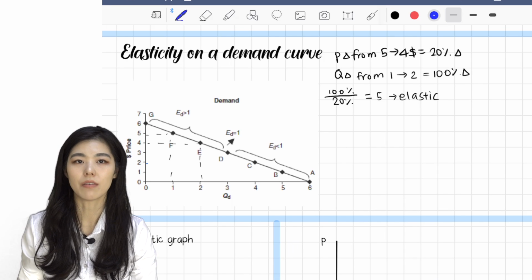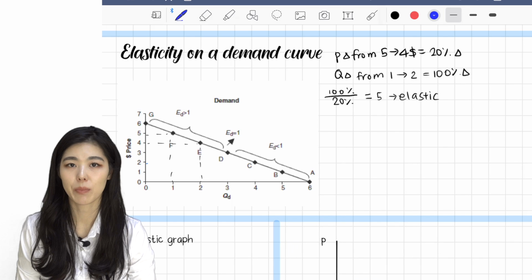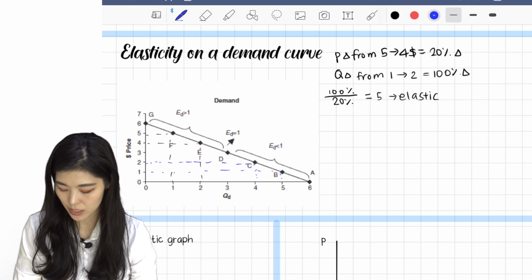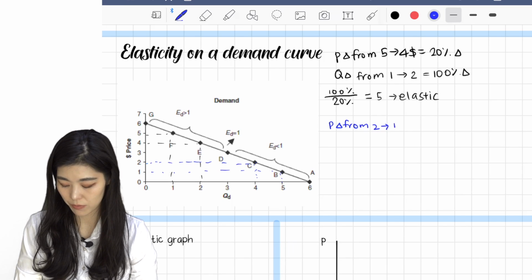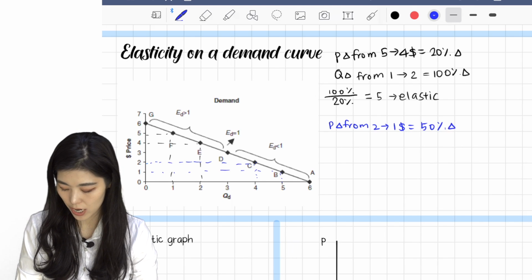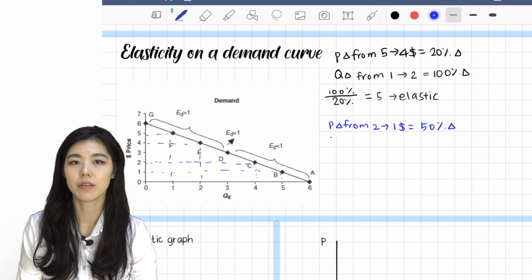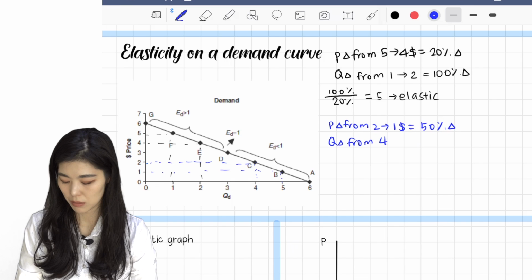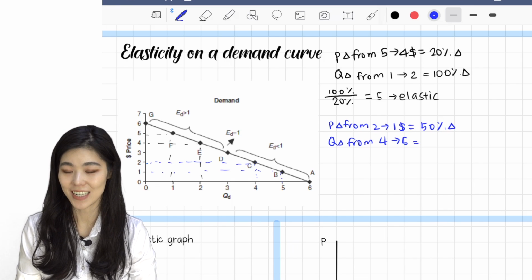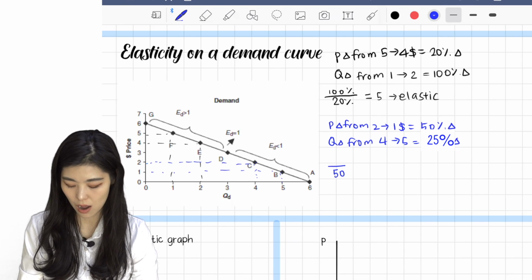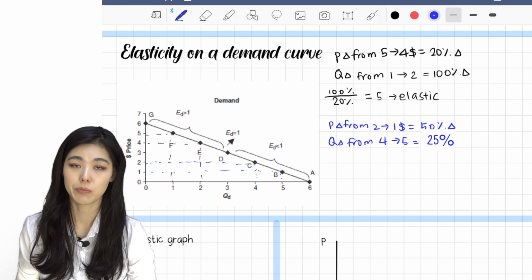And let's look at the bottom of the graph. When the price is low, look at the price change from $2 to $1. Percentage of price change is from $2 to $1. That's a 50% change. How much has the quantity demanded changed? From 4 to 5, that gives you a 25% change in quantity demanded. And you put it in the equation, that gives you 25 over 50. That's a half. Elasticity of demand which is smaller than 1 is